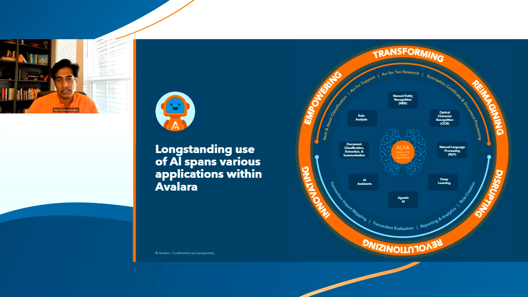I'm not necessarily planning to go through each of the boxes here in this picture. What it actually says is, along the way, the various innovations that came in AI, we were there, and we brought in those innovations to our products safely and securely, and we'll continue to do so. So that's our path forward.